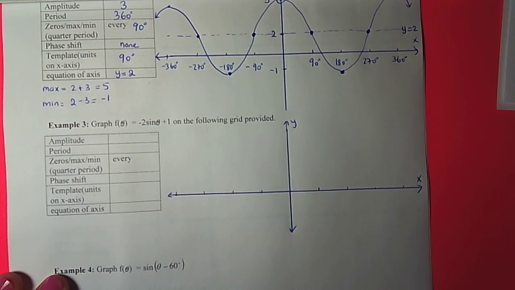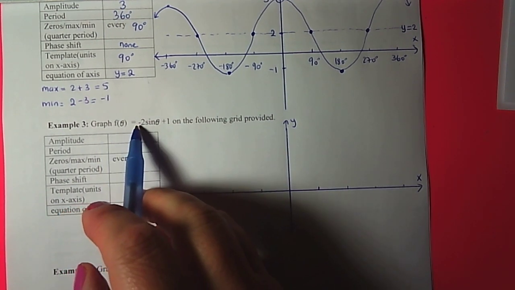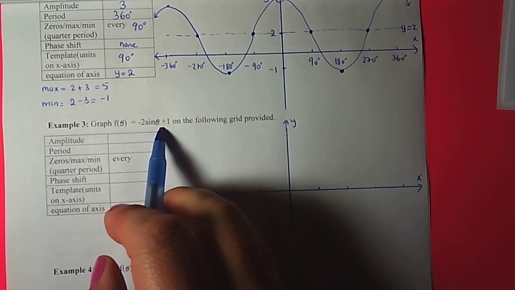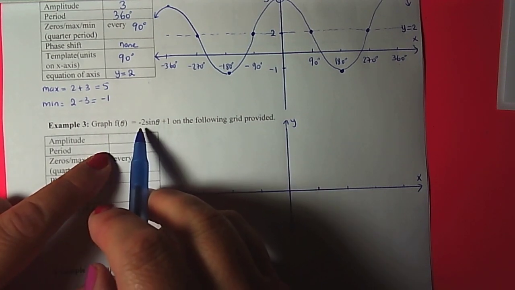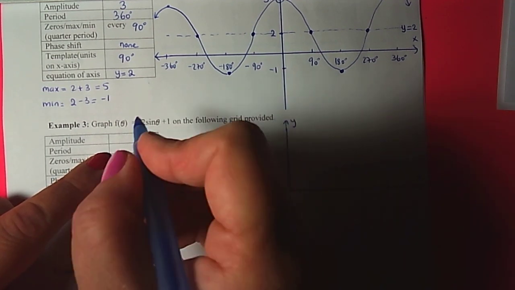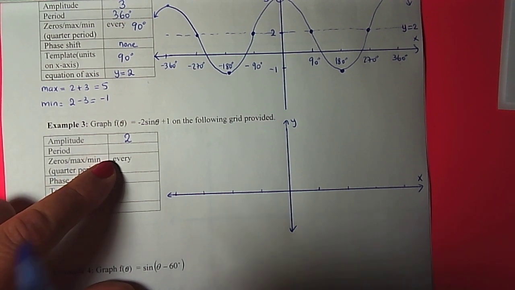Let's look at example 3. That is graph f of theta equals negative 2 sine theta plus 1. So amplitude, absolute value of A. So absolute value of negative 2 is positive 2. And again, amplitude is always positive. Period,